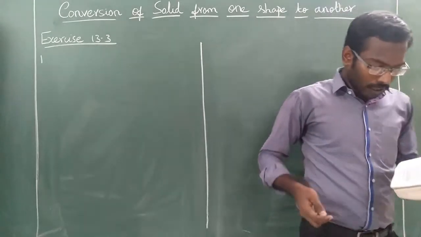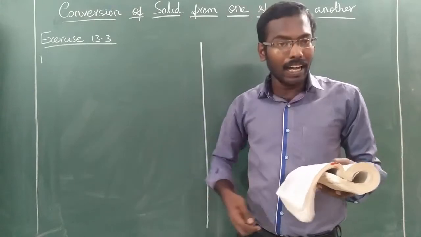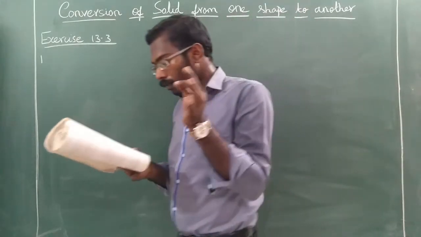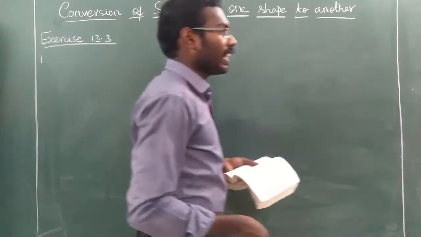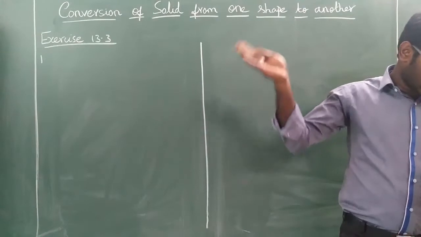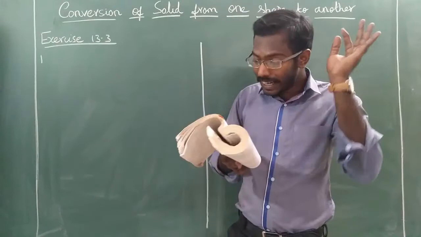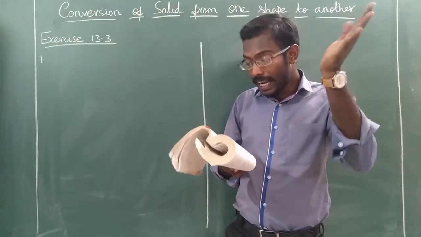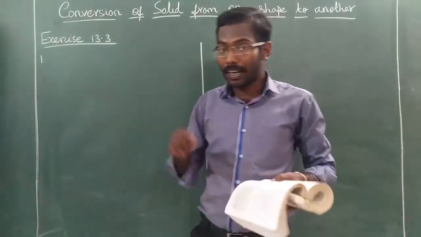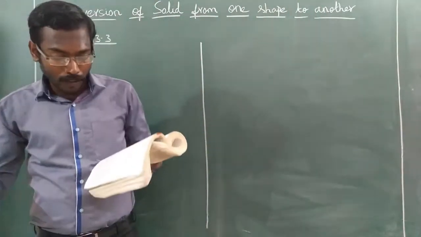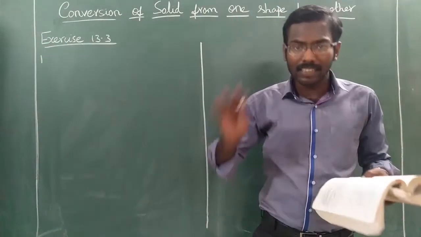It's very simple. Here, a sphere is melted and converted into a cylinder. So first, volume of the sphere, and then it is converted into a cylinder. As I told you, for the sphere and the cylinder, the same amount of material is used, because the same material is melted and recast. Understood or not? The sphere's volume and the cylinder's volume will be the same, because the same amount of material is used.